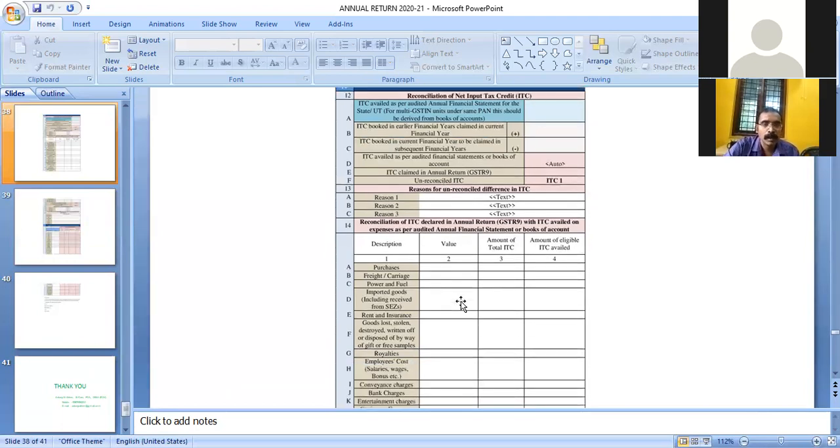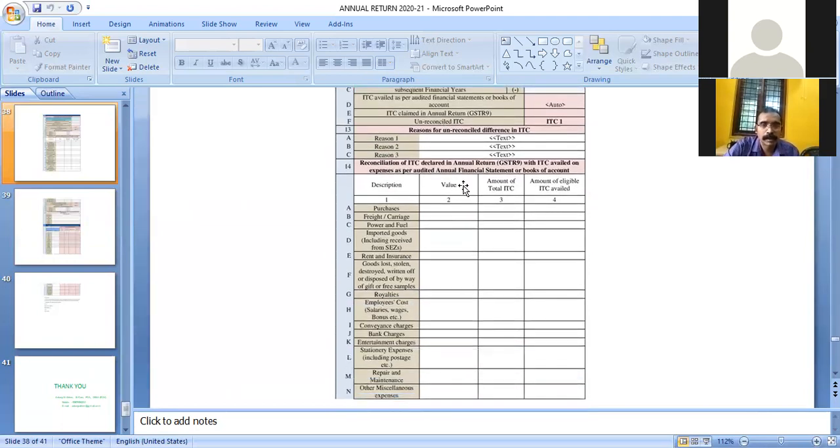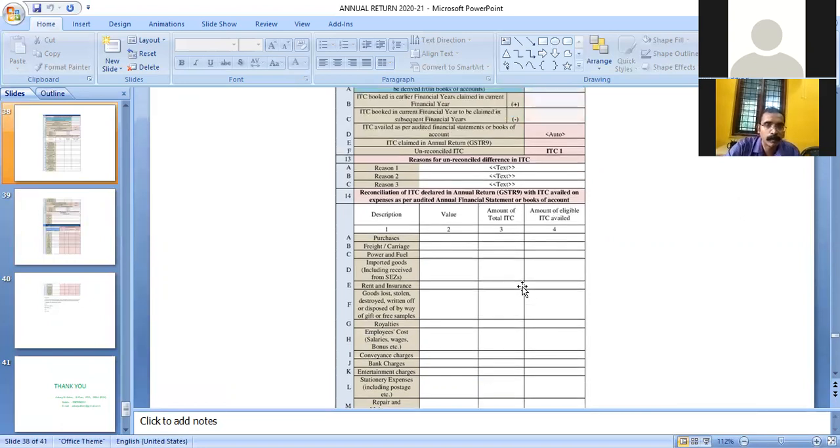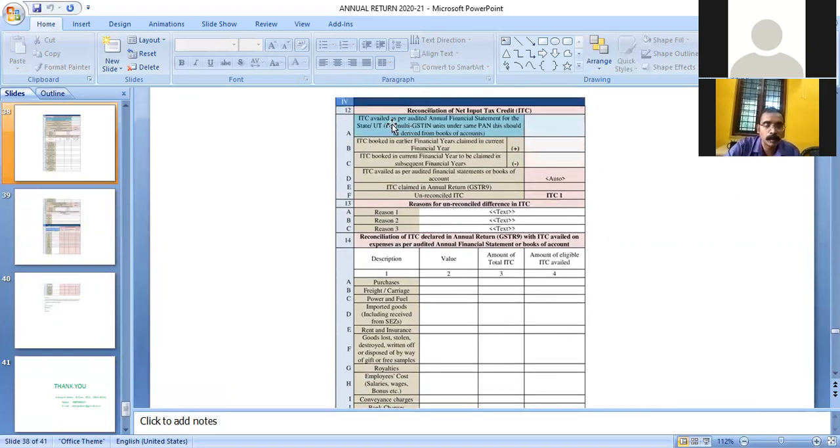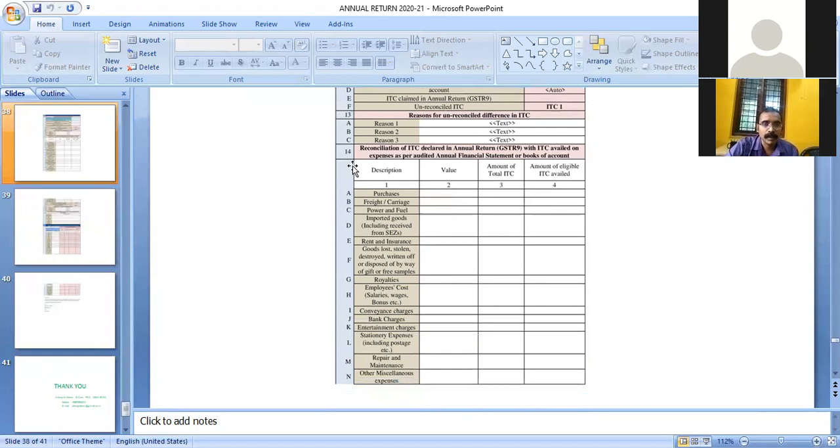Then comes table number 14, reconciliation of ITC declared in annual return GSTR 9 with ITC availed on expenses as per audited financial statement or books of account. In table number 12, we have seen the summary of ITC. Then we will consider the ITC in detail.